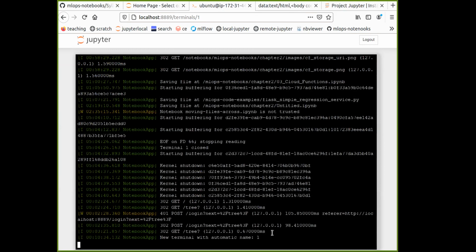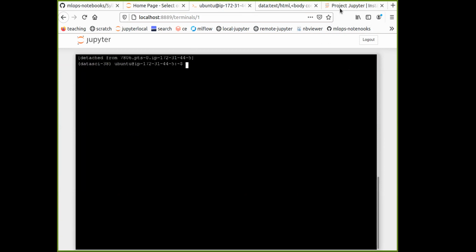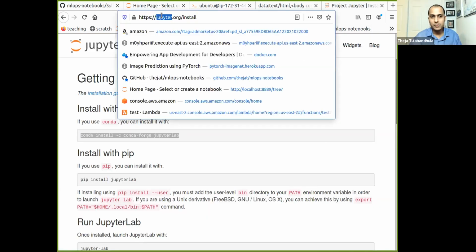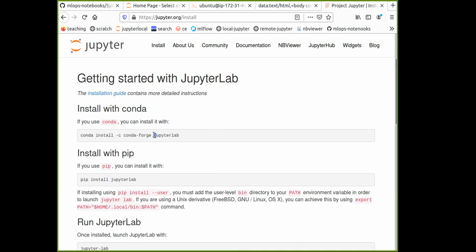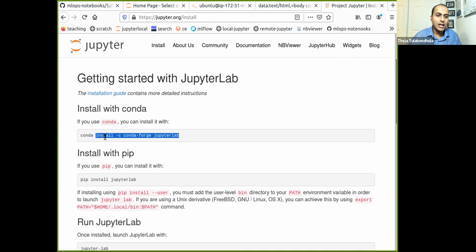Professor, sorry, can you go back to what you actually installed? I just didn't get the word to look for. I just installed the same thing, Jupyter. Oh, okay. I think we had installed Jupyter before. I just installed a slightly different thing called Jupyter Lab. And the command to install, if you're using Conda, is this. If not, you can just use pip install. One of these commands. I could have run this command actually from one of the notebooks, but so we installed it.